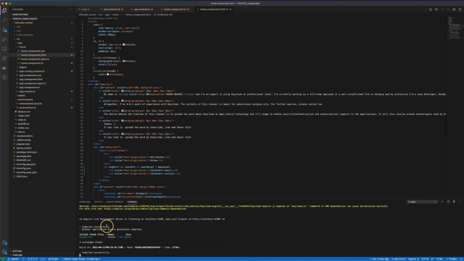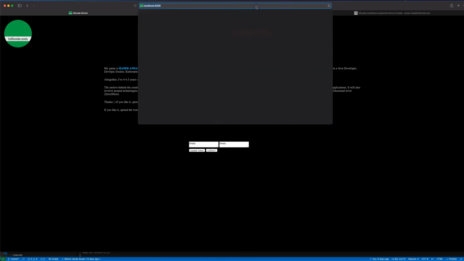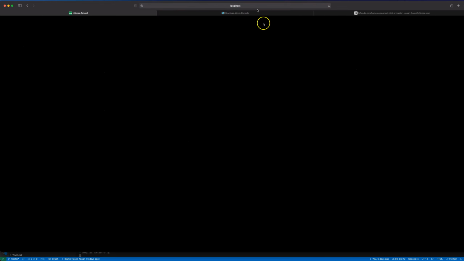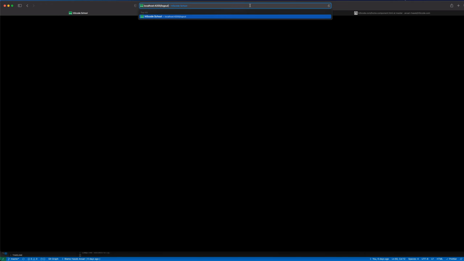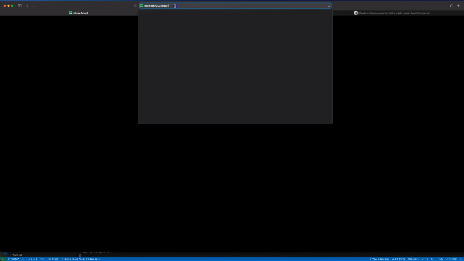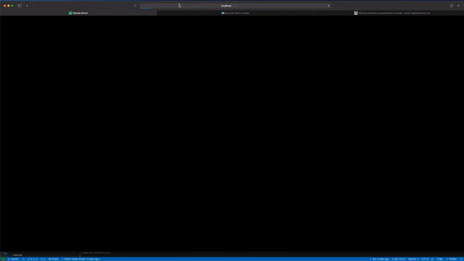Once it is compiled successfully, we should see that it is listening on this port, and you can open this one in your browser. So I will go quickly again to my browser, I will refresh, and we see nothing over here. And if I go to the logout, also we see nothing. This is what I was expecting, because we have configured the initialization of the Keycloak, we have set up